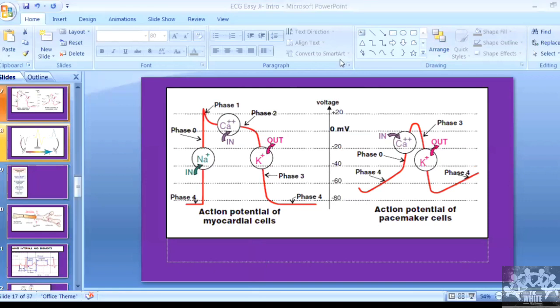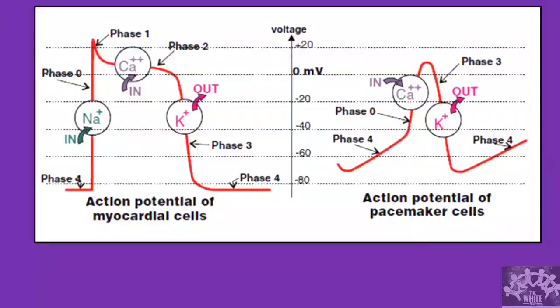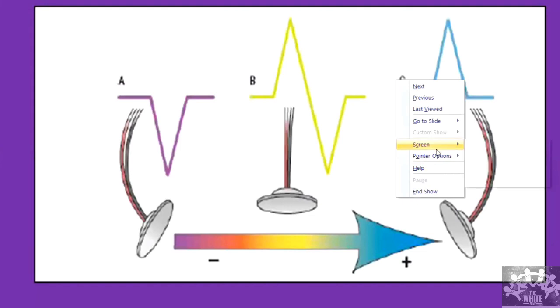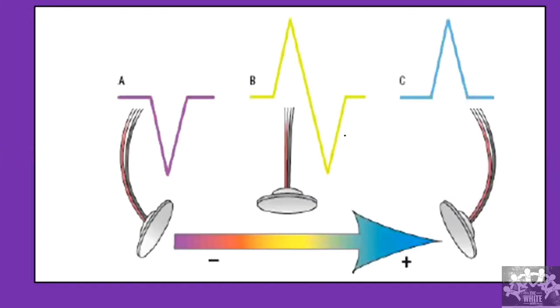Yeah, fine. Okay. So we'll go to the next concept, which is the concept of leads and electrodes. So always remember, what do we mean by depolarization? Depolarization means it is an increase in the positive charges inside the cell. Okay, so that is what we should remember. Increase in the positive charges inside the cell is called depolarization. And the negative charges increase in the cell, it is called repolarization. So with this being clear, we will understand what is a vector.